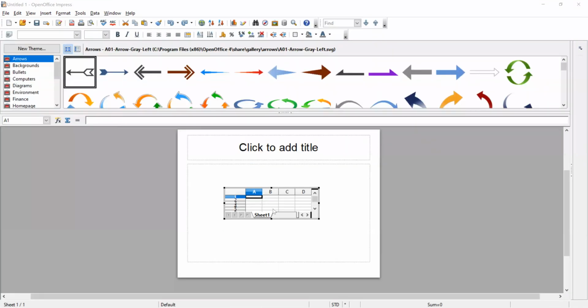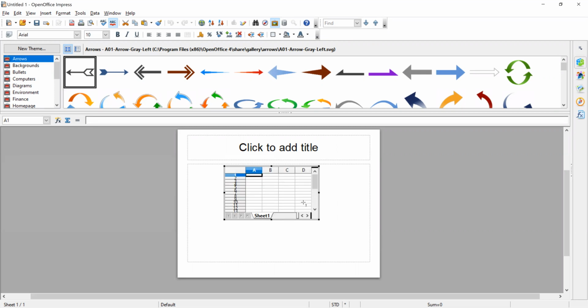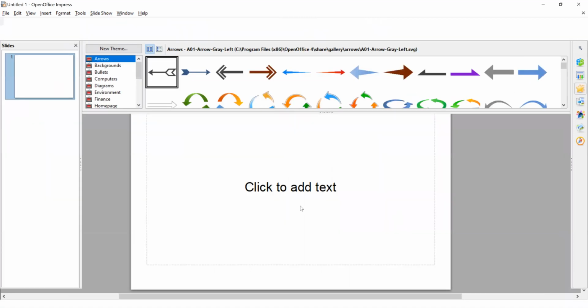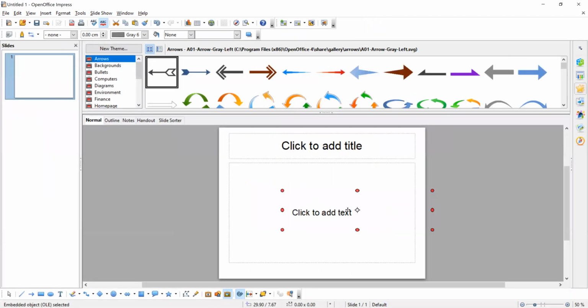You see here, an OLE object from the sheet has been inserted. Something from a spreadsheet has been taken and inserted. This is actually a spreadsheet. As I told you, Impress provides OLE objects to import data from other Office applications, such as a spreadsheet, into our presentation. So it has taken from an OpenOffice spreadsheet, which is already there, and added it to our presentation.